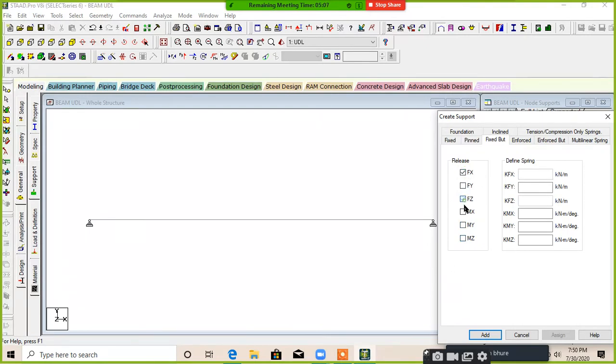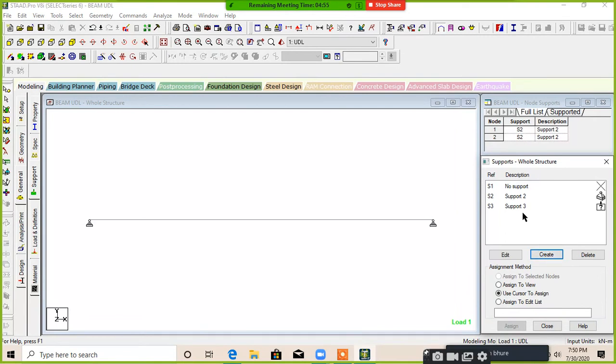In a roller support, all are released, only Fy is fixed, so don't check mark Fy and check mark all other reactions, and add this. This is your roller support. You can create any other support also from the fixed but option.